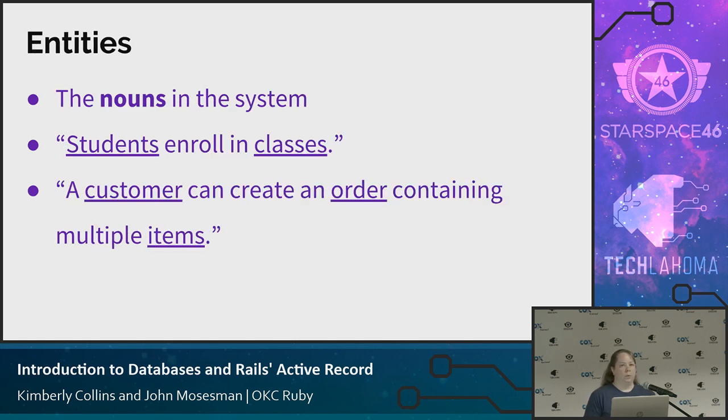So the first thing we need to talk about when we're talking about a relational database system is entities. What does that mean? Well, those are the nouns. So when you're talking about the system with users or your business analysts, they're going to be talking about the functionality of the system, and they're going to be using nouns. So keep track of these if you're designing a relational database, and very likely each noun they use is going to represent a table. So if we're designing an enrollment system, students are enrolling in classes. Students and classes are almost certainly going to be tables in your system. Or if we have an order management system, customers can create orders, and those orders can contain multiple items. Customer, order, and item are definitely going to be tables in this database.